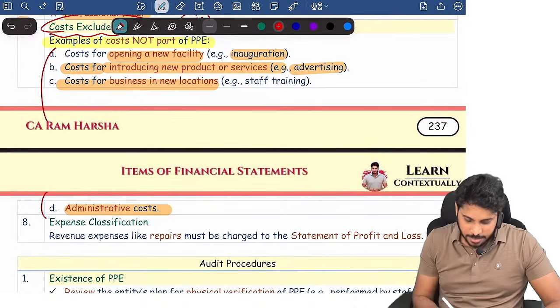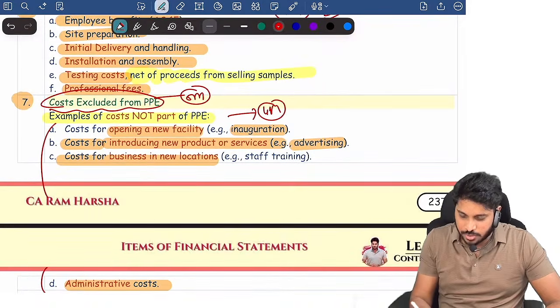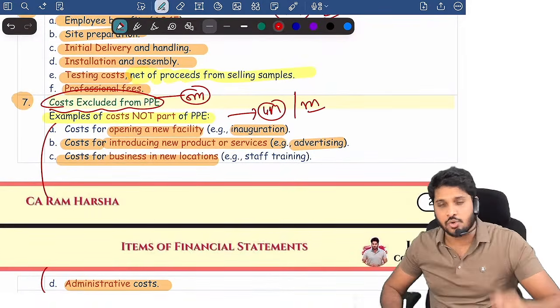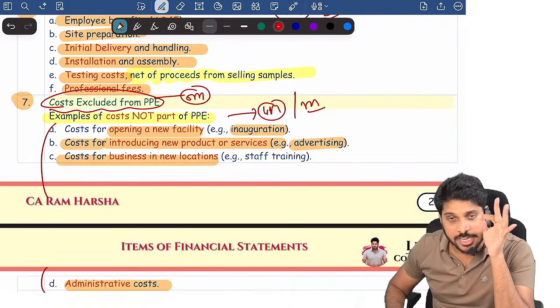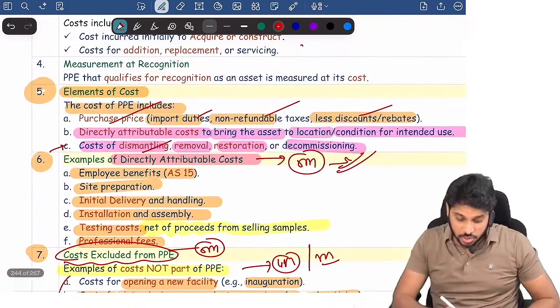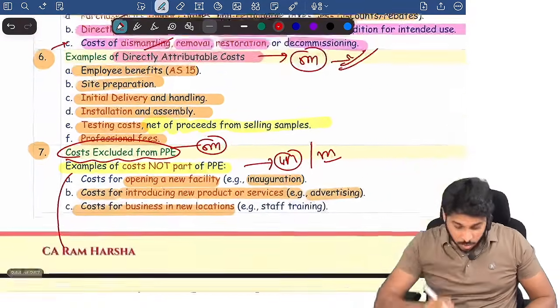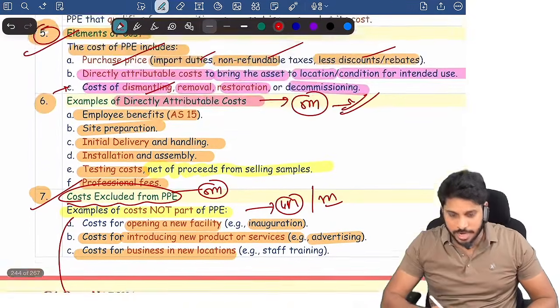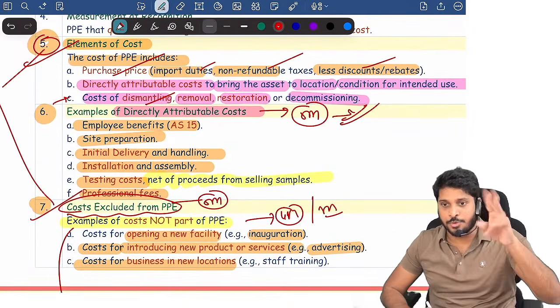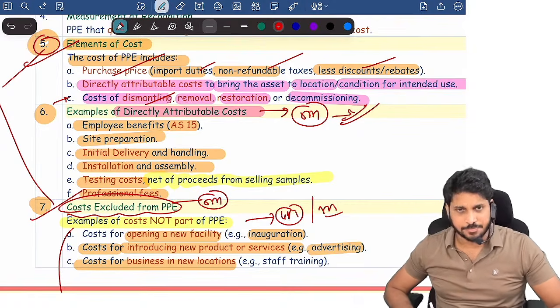Administrative cost. In the exam they can ask you this: what are the items of cost? A 4 or 5 marks question they can ask you, what are the items of cost that are not included in PPE? They can ask you, what are the elements of cost? What are the items of cost not included in PPE? 5 and 7 marks both put together will be there. That's it. Next,